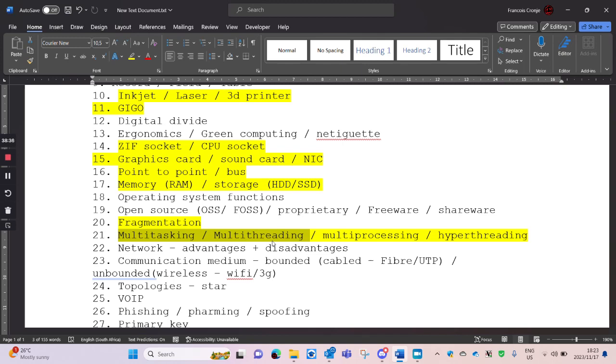So your definition for hyperthreading would be each CPU core has got 2 registers to speed up processing. It's always two, yeah. 100%, yes.